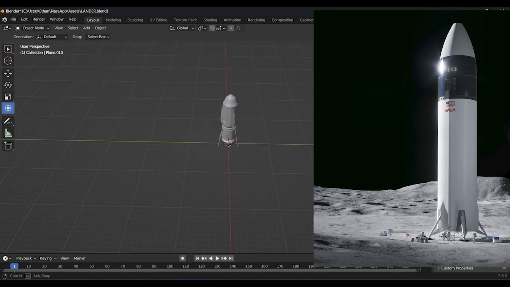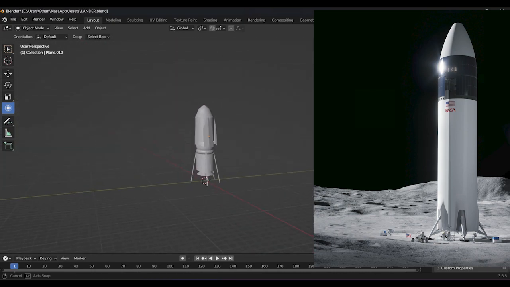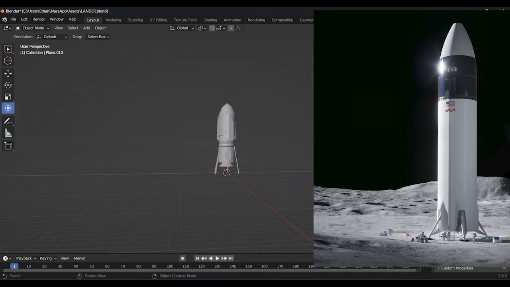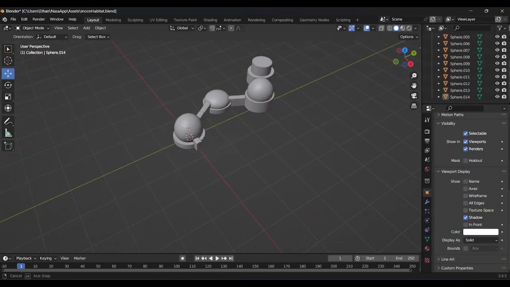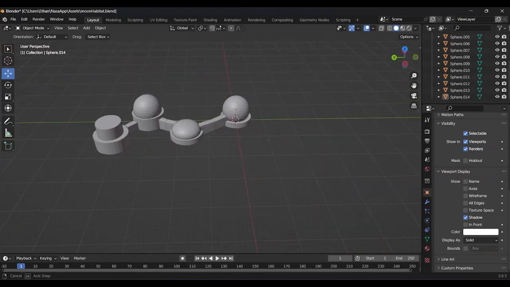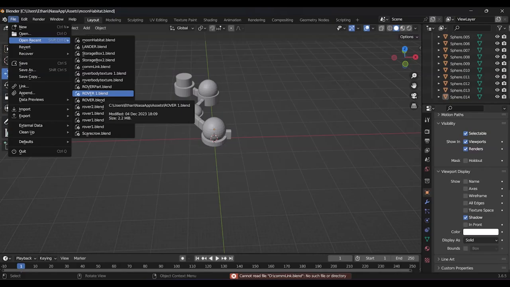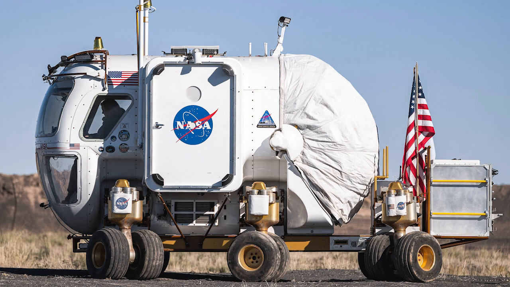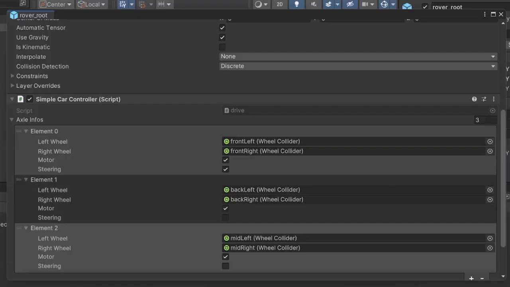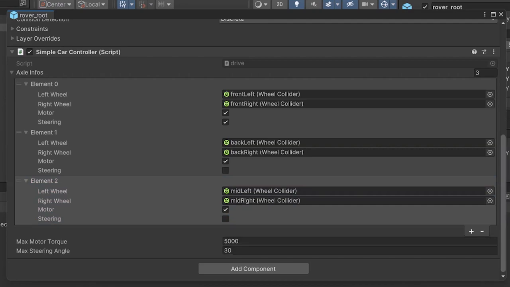In order to create as immersive and enjoyable an experience as possible, we decided to model our own rover, lunar lander, and lunar base. We used Blender extensively throughout this process. Our models, particularly the rover, were inspired by real designs being used in the Artemis mission. To make our rover drive, we first added a rigid body component to make our rover affected by gravity. Then we used a simple car controller and wheels to make it move.